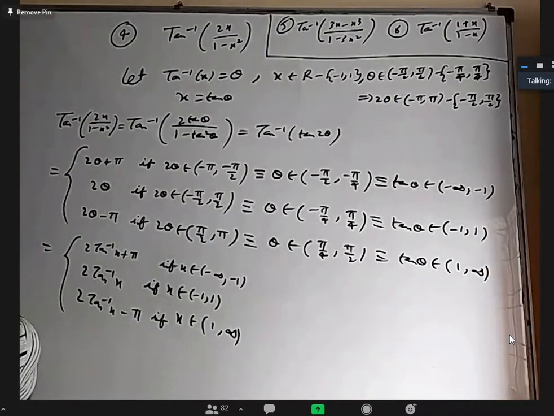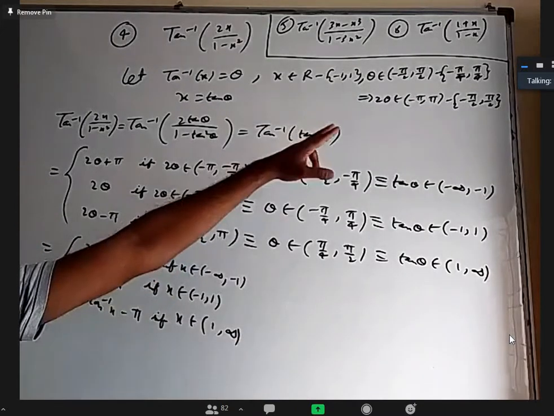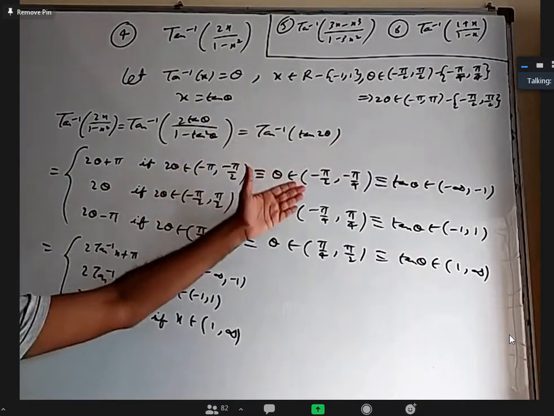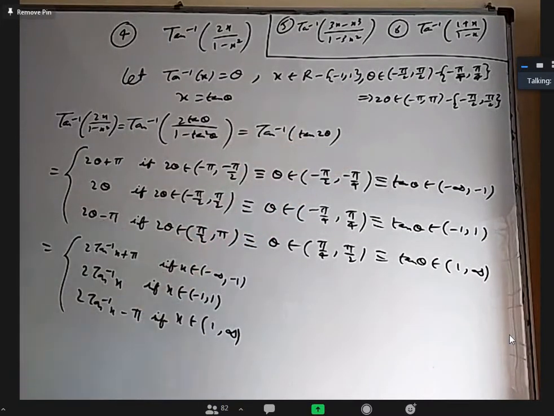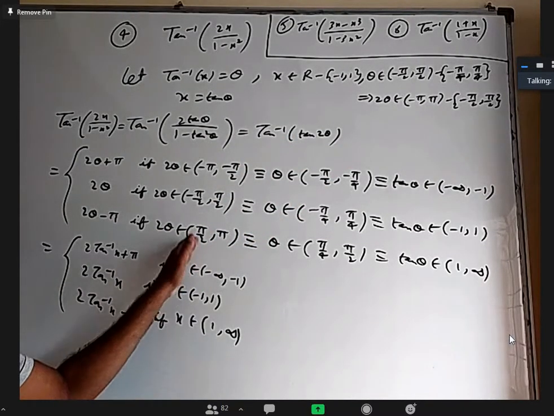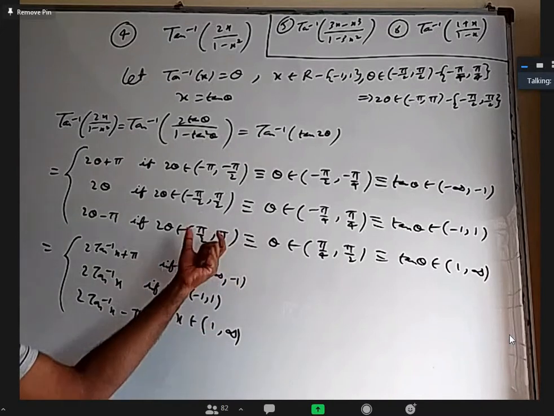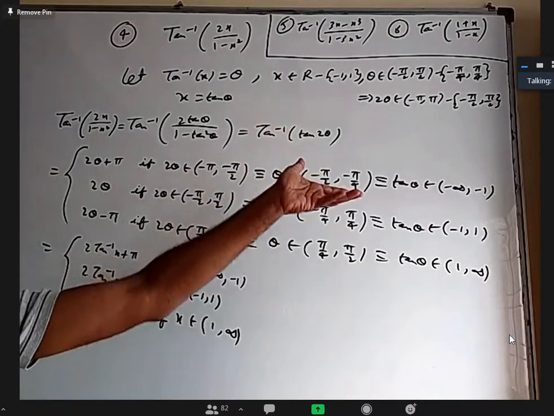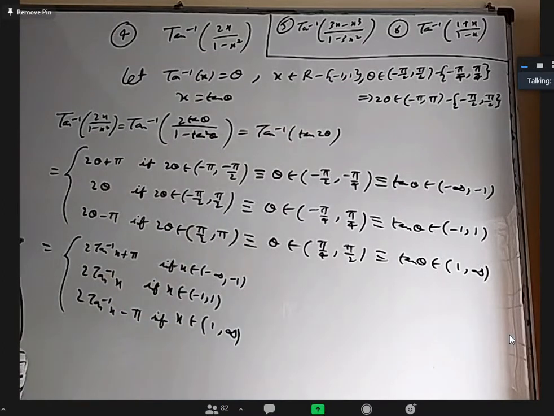Almost. You can say that, but basically within minus pi by 2 to pi by 2, this is a formula. After pi by 2 till pi, this is a formula. After pi by 2 till 3 pi by 2, or any part of that, also the same formula, right? Here I cannot go beyond pi because 2 theta is not going beyond pi. Yes, I got it.